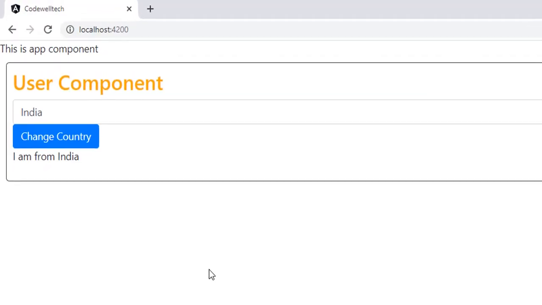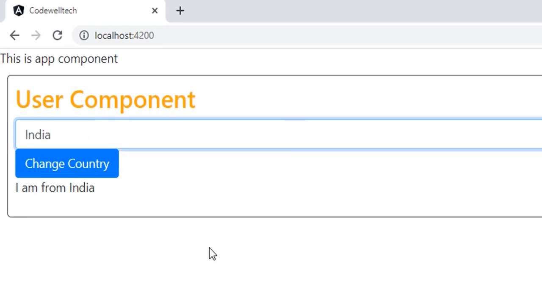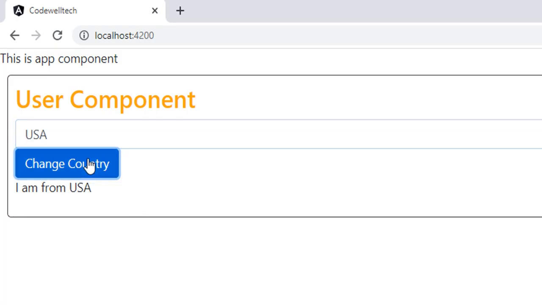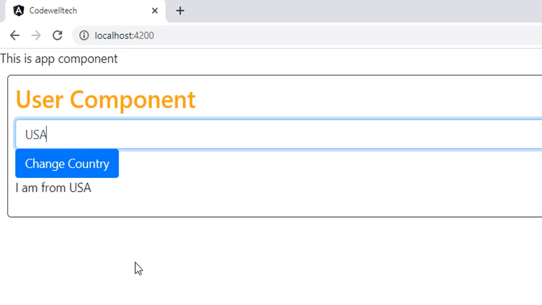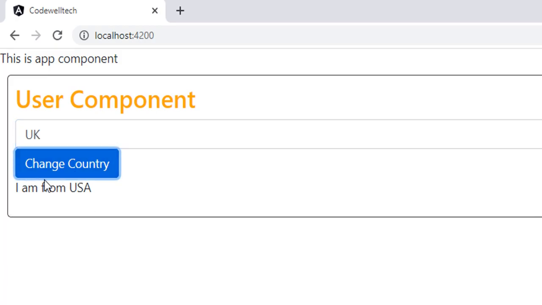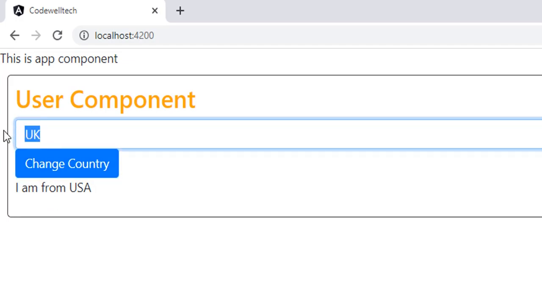Now let's go and see. You can see that the input now has the value India. Let me change it to UK and click on change country. Here I can see I am from USA, and here it also changed to USA. Let me change it again, let's say UK, and click on change country. Now you can see that the second time it is not updated, only the first time it is updated.